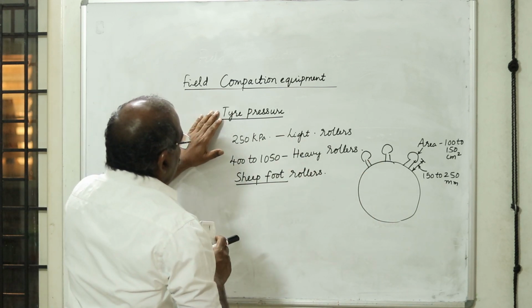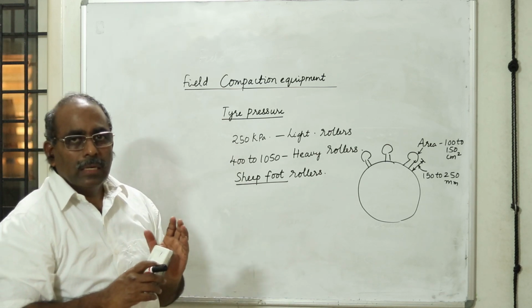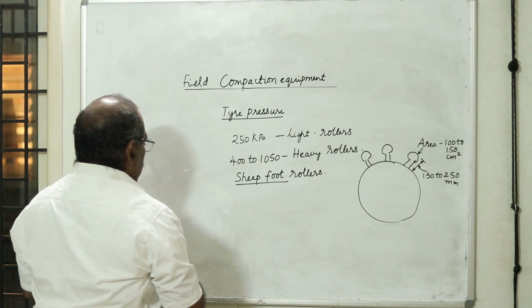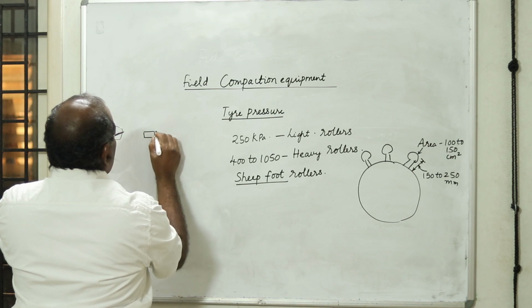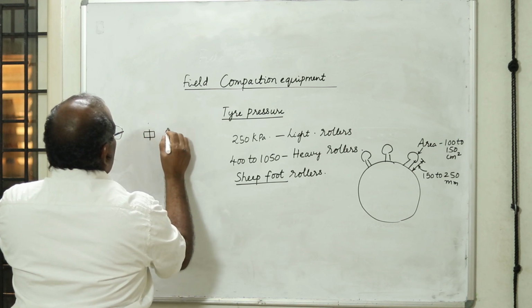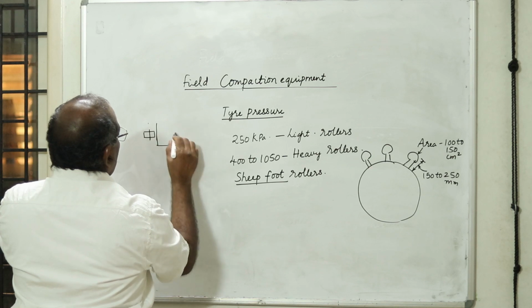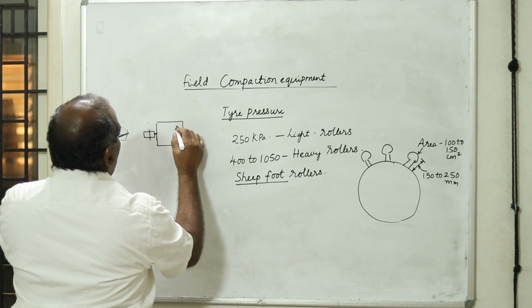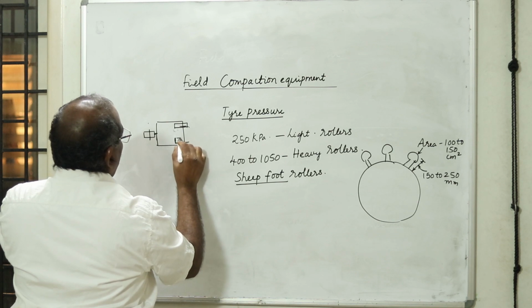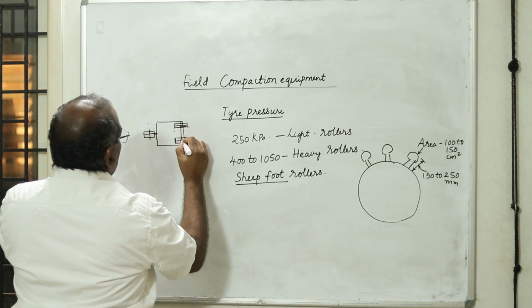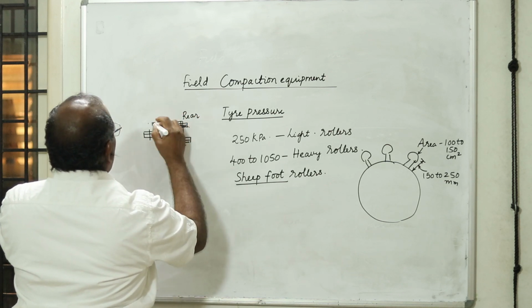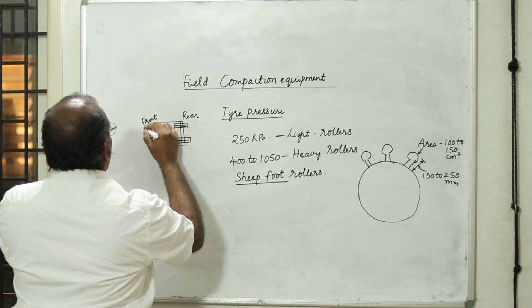Now, when I use a steel tire roller or a pneumatic tire roller, consider the area covered. For example, if I look in plan, in the front axle I will have two wheels. This is the front axle. Then in the rear portion, this is the body of the vehicle. This is connected somewhere, and the rear portion will have wheels, something like this. The rear portion has wheels and the front has wheels. Now this is the rear axle, rear portion, and front portion, front axle.